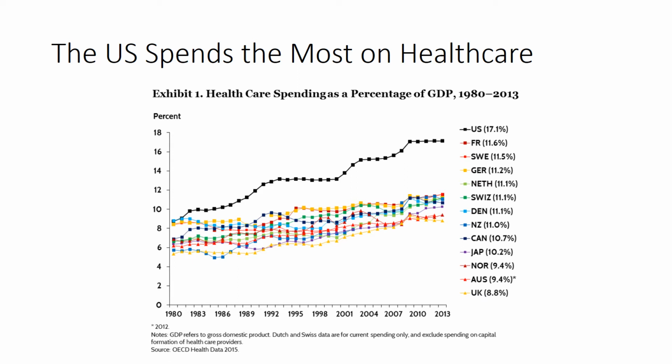Since then, even though they have gone up a little bit, we have gone up a lot. So by 2013, we were spending 17% of our economy on healthcare alone. So 17 cents of every dollar that was spent in the economy was going to healthcare instead of going somewhere else. And over that 20-30 year time span, that started at about 8%. So more than doubled from 1980 to 2013.